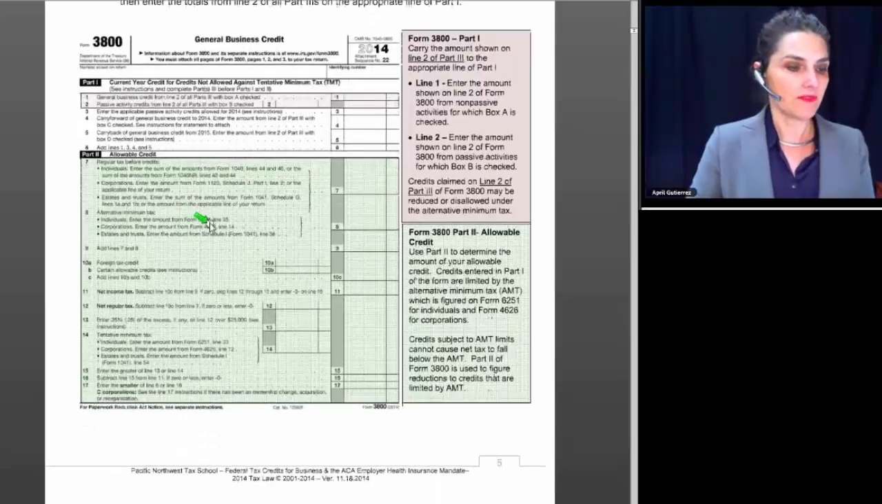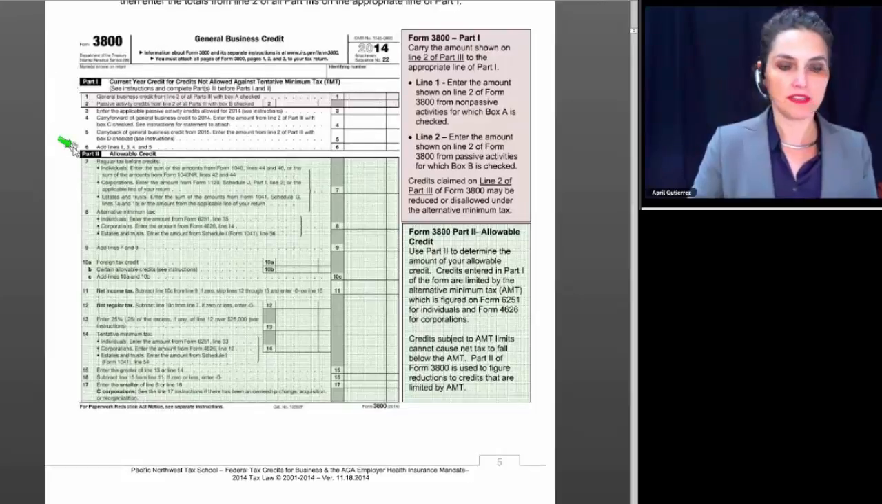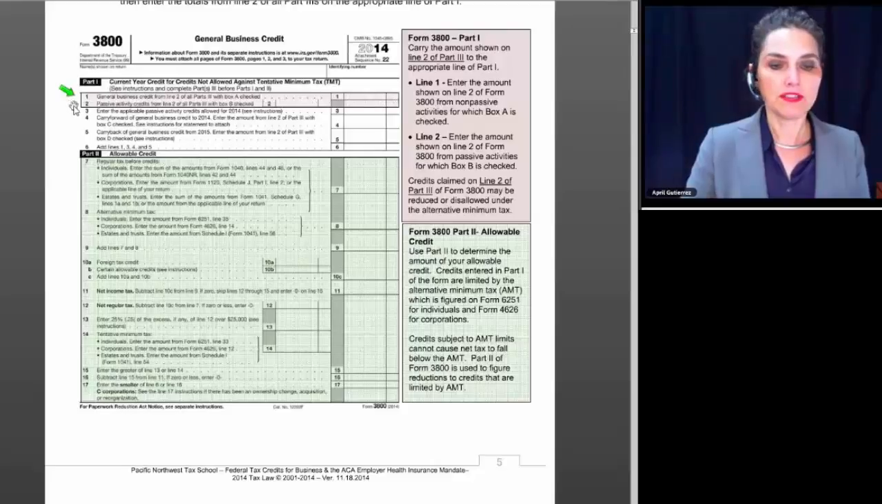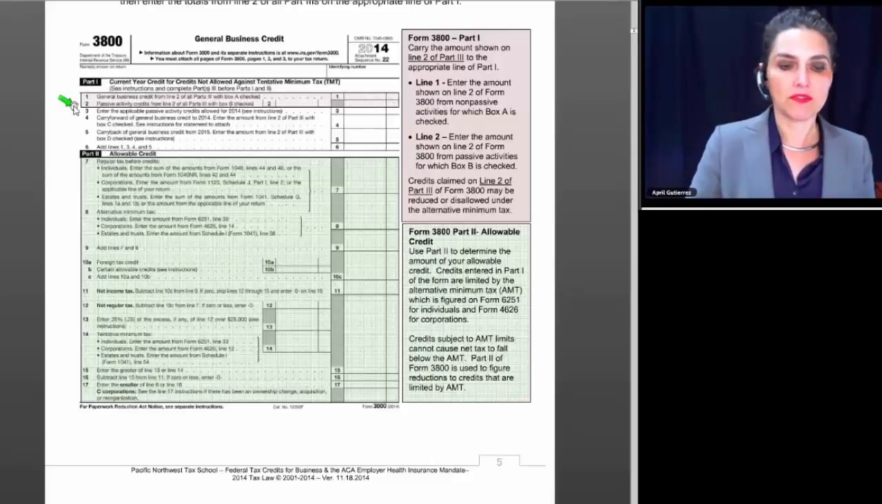All right, so let's take a look firstly at Part 1 of Form 3800. You can see we've got Part 1 is comprised of 6 lines. And I've done a little pink box around lines 1 and 2. And the reason I've done that is that those are the most likely boxes that you would need to enter a number on in preparation of a client's tax return. Line 1 is used to enter the amount that is shown on line 2 of Form 3800 from non-passive activities for which box A is checked. And then line 2, enter the amount shown on line 2 of Form 3800 from passive activities for which box